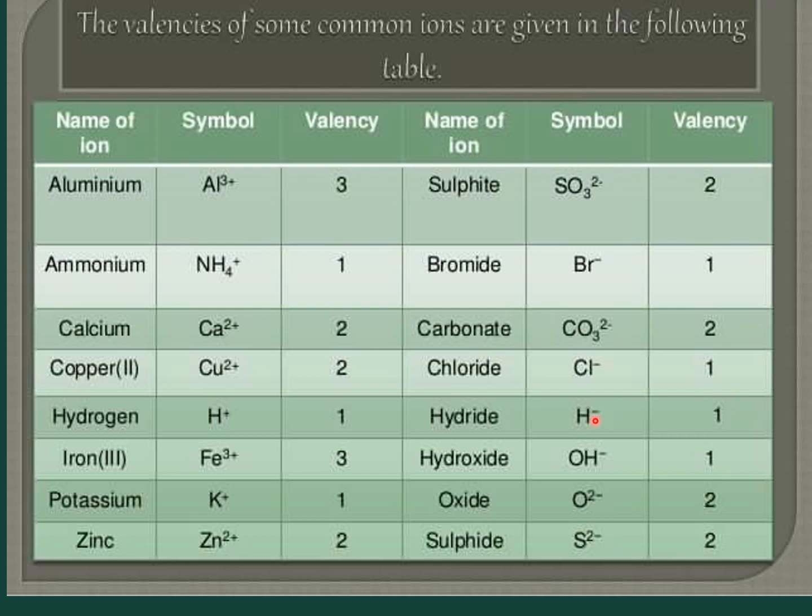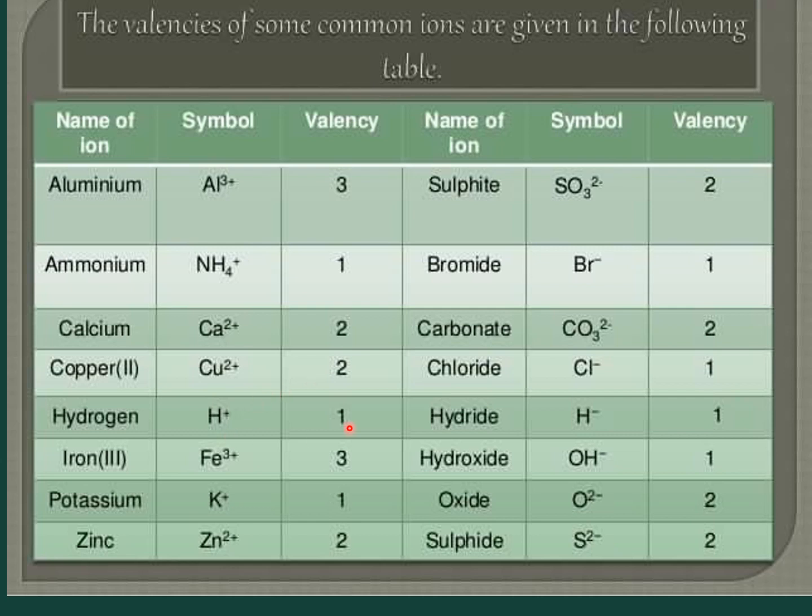Now here are some common ions or radicals and their symbols. This also you have to memorize, both the symbols and the valency, in order to write down formulas of the chemical compounds. Aluminium Al3 plus, valency is 3. Ammonium NH4 plus, valency 1. Calcium Ca2 plus, valency 2. Copper Cu2 plus, valency 2. Copper is also available in valency 1. Copper has both the valencies 1 and 2.